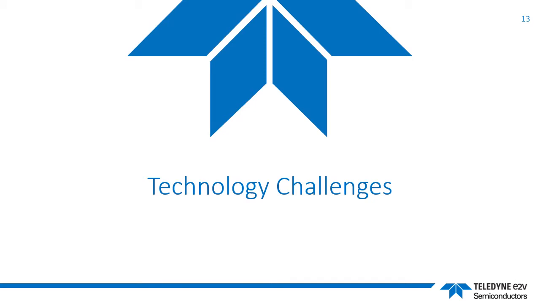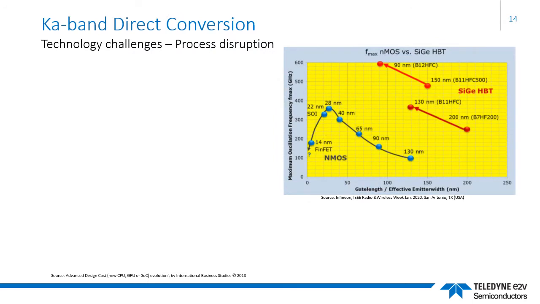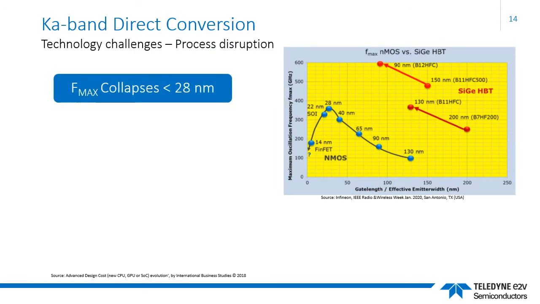So before going into some practical products, let's just consider briefly the technology challenges that are upsetting current signal path innovation. The chart on the right highlights a problem with Moore's law that has emerged over the last few years. Although semiconductor device scaling continues, leading to increased transistor densities, analog and mixed signal circuits have started to suffer a performance decline. In fact, we reached a critical node some years back, hitting the 28 nanometer gate length, as you can clearly see here. The chart shows that finer bulk CMOS geometries are no longer providing a speed advantage for mixed signal circuits, effectively.